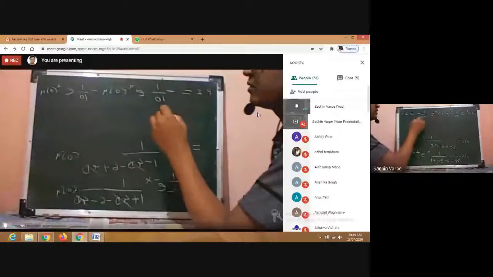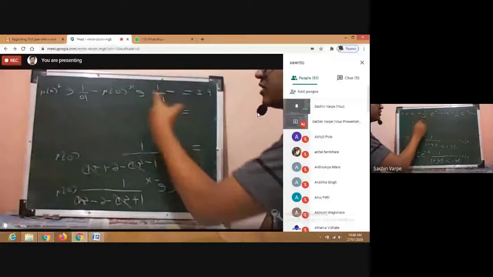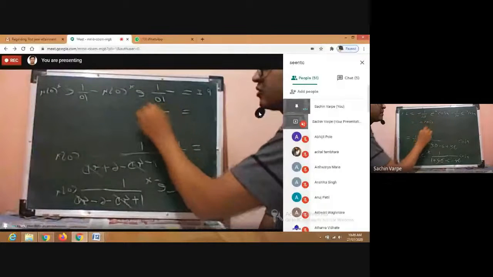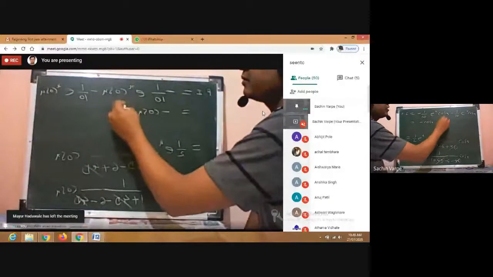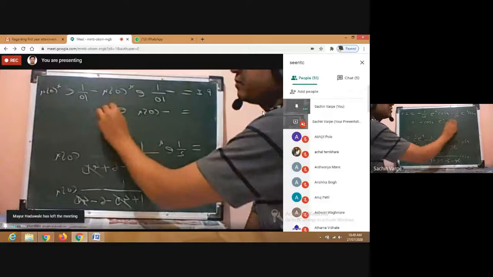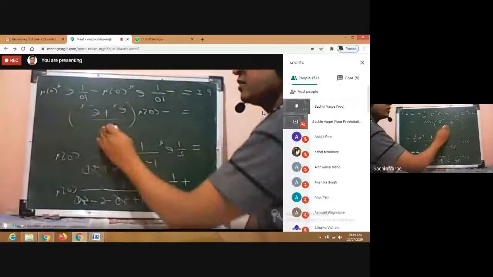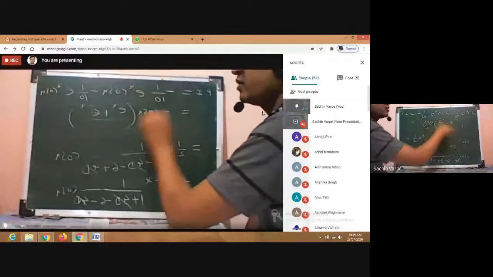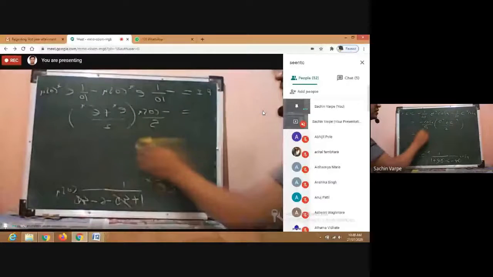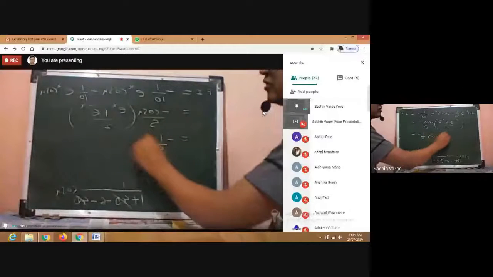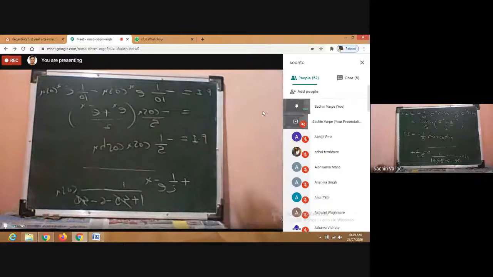Correct. So when I take cos x common, minus cos x, then I'll get e raised to x plus e raised to minus x, because I'm taking the minus sign common, upon 10, isn't it? But if I write 5 outside and 2 here, then this will be hyperbolic cos. So again, I can write it in terms of hyperbolic. So that is minus 1 by 5 cos x into hyperbolic cos x. That is right. So therefore, the general solution is CF plus PI.